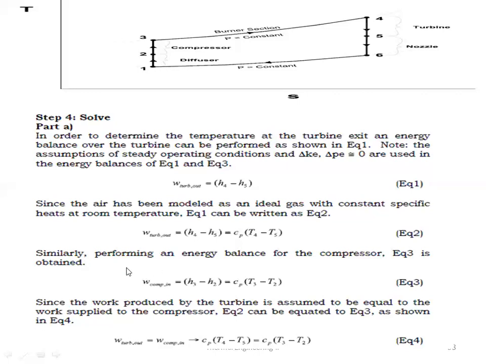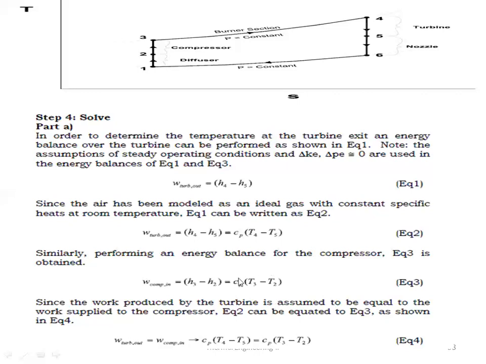The compressor work can be written using the steady flow energy equation. The compressor work happens in the process 2 to 3. Therefore, the compressor work can be written as the change in enthalpy during the process 2 to 3, so it is H3 minus H2. That is also equal to m Cp into T3 minus T2, where mass, if you consider 1 kg, there is no need to consider here. Cp into T3 minus T2 is called the compressor work.